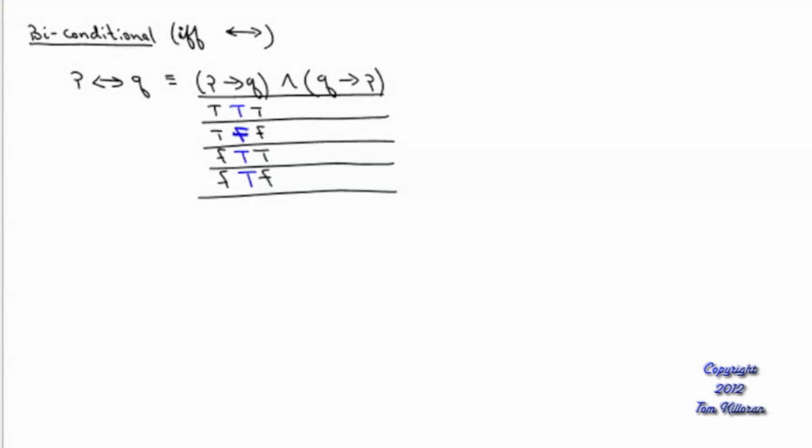I've got to do the other parentheses. So come over here to the far right. Q: true, false, true, false. P: true, true, false, false. And again, we have that arrow between them, the conditional. What color should I put my answer in? Blue. And we're looking for a T and then an F. The third one. So that's false. Everybody else is true. So we got an answer to the left. We got an answer to the right. And we're going to put them together with